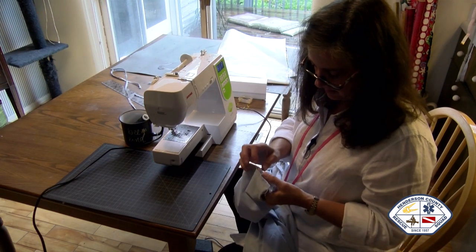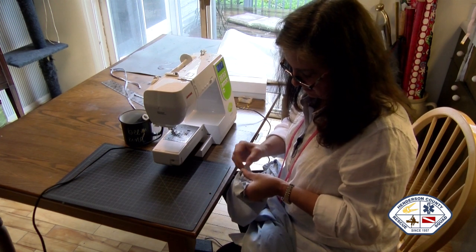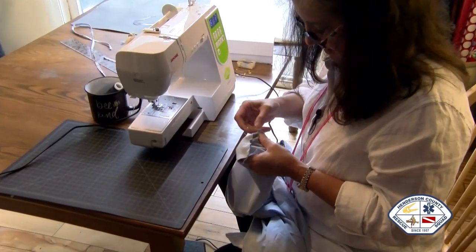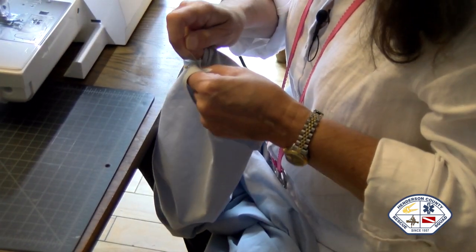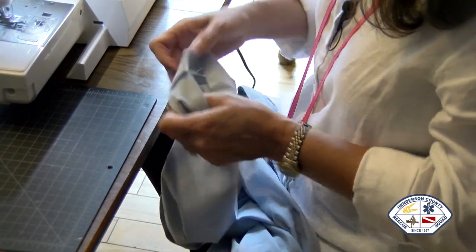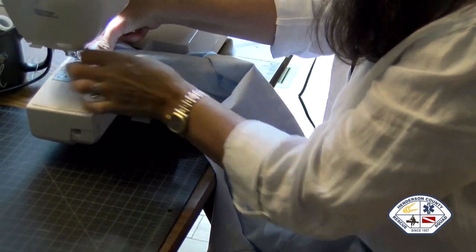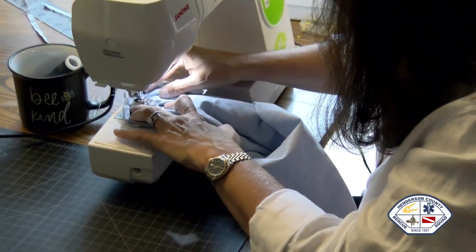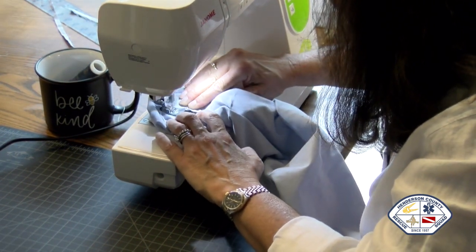Okay, here's our piece that we are going to pin open. You know how you kind of figure things out as you're going along? Obviously, I'm figuring this little teeny tiny part out as I'm going along. That's what this is. Now you're going to have to wiggle it under there. Pull that out. Perfect. Now, let's sew that seam on the inside down